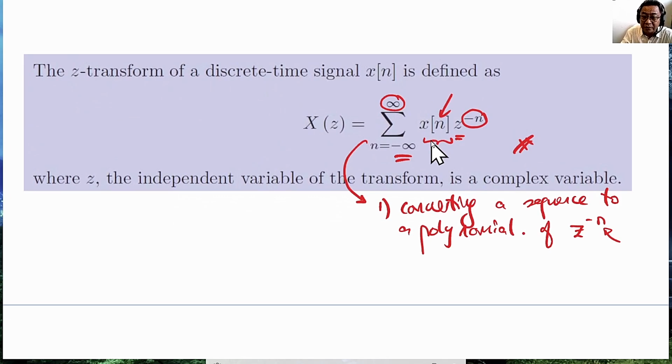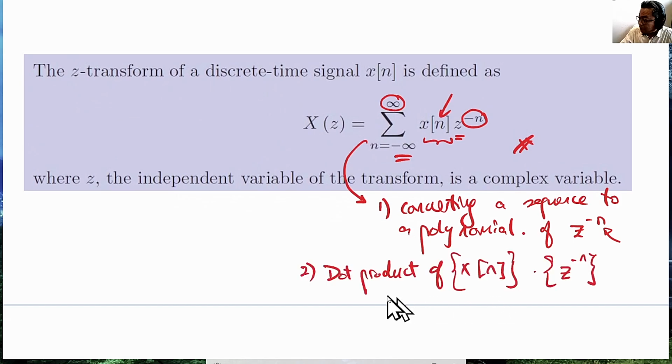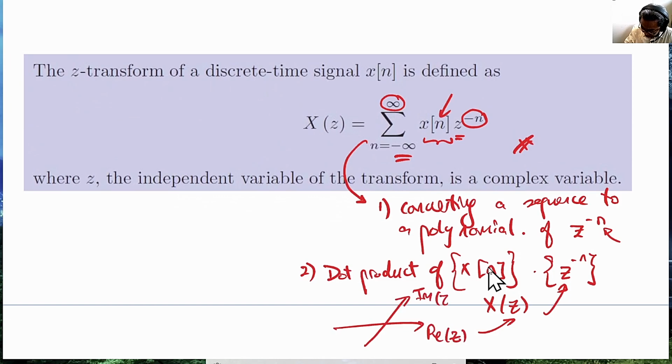The second way of thinking of the Z transform is this. You can think of it as dot producting the sequence with a sequence z to the power of minus n, where this dot product will give the value of X(z) for whatever z we choose, and z is chosen to be the complex surface. This is the real of z and the imaginary of z, and therefore at every z that you're interested in, which is the entire plane of z, when you plug in the value here,